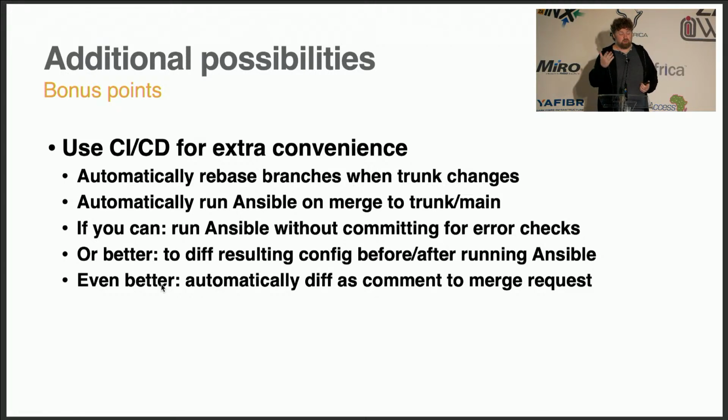In GitLab, you have CI/CD, continuous integration, continuous deployment, which basically means you can run scripts and run tasks whenever things happen to your Git repository. So it's like, okay, when somebody makes a merge, then all the other changes are now based on the new version instead of the old version. When somebody actually does the merge, so you got the change approved, you click the merge button, it would actually automatically run Ansible. So the moment you click merge in the GitLab interface, you just saw a window open and it was just doing the changes in the background, so you didn't even need to do that manually.